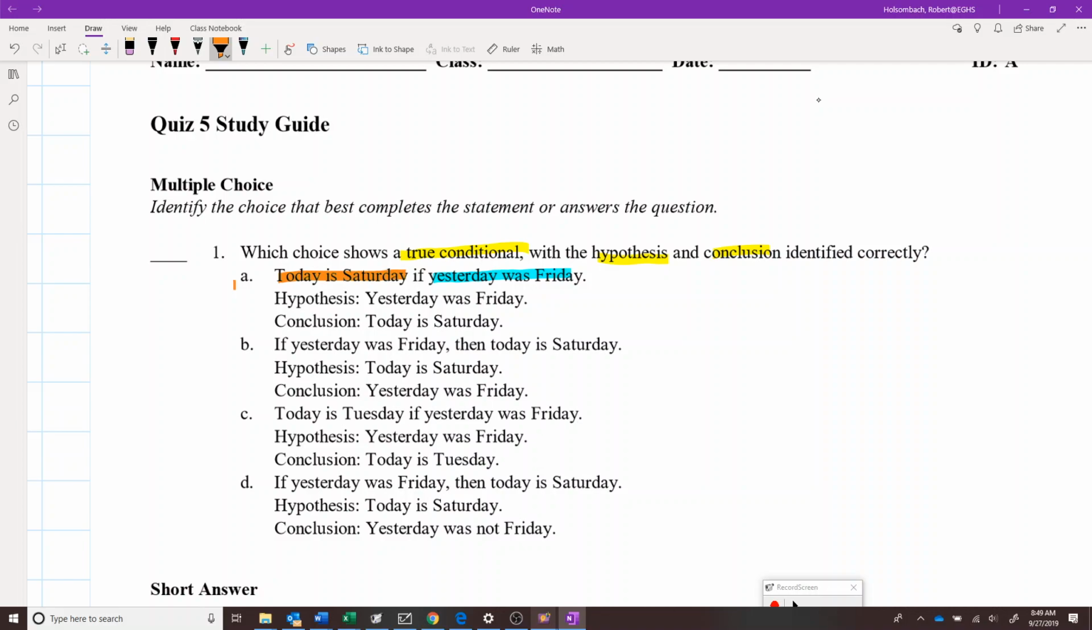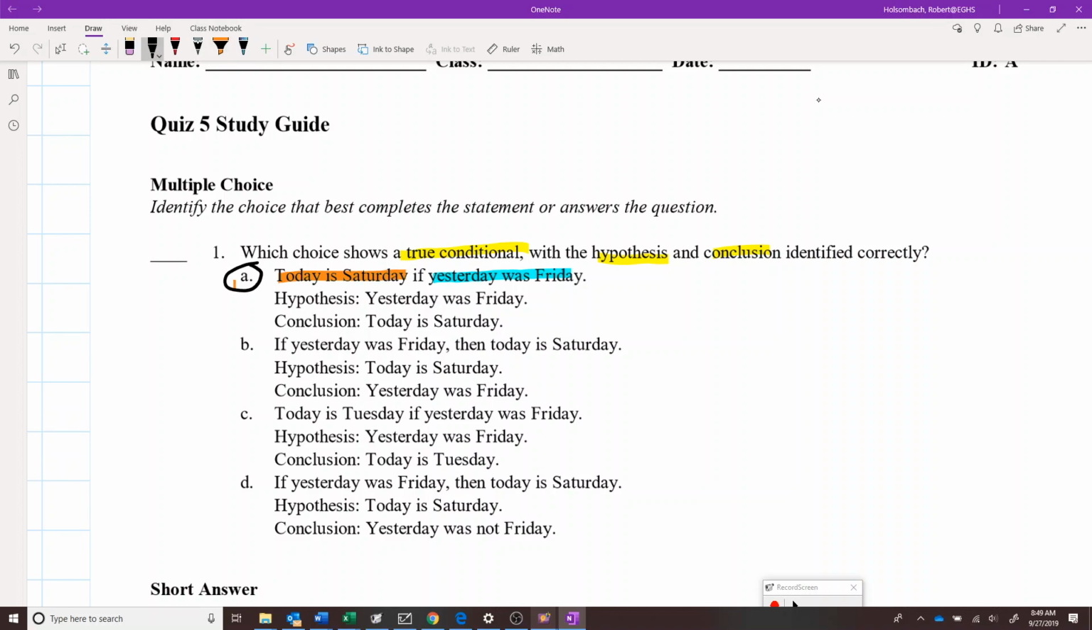Today is Saturday if yesterday was Friday. That's true, isn't it? Hypothesis: yesterday was Friday. That is correct. Conclusion: today is Saturday. That is correct. So it looks like answer A is the correct choice here. Just make sure